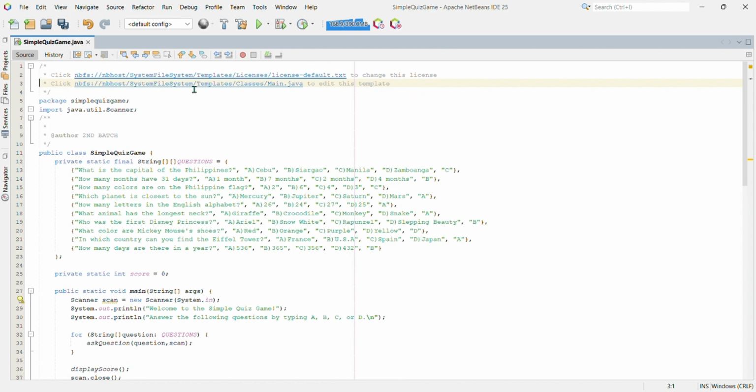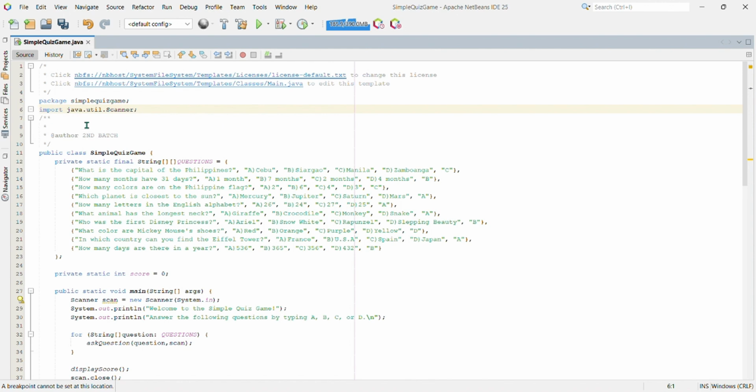This is another comment block that indicates the location of the template for editing the main class. Package simple quiz game, and semicolon. This line defines the package for the simple quiz game class.